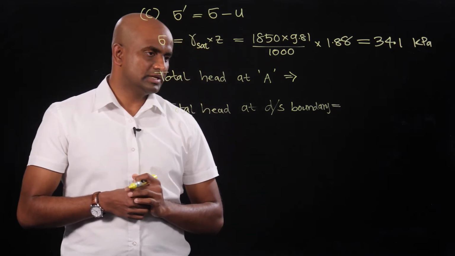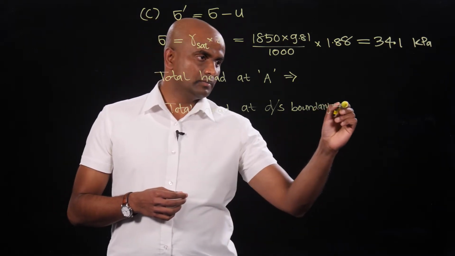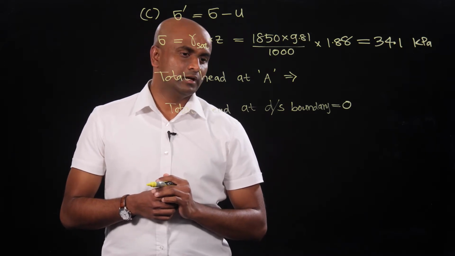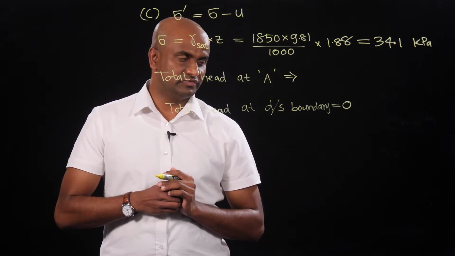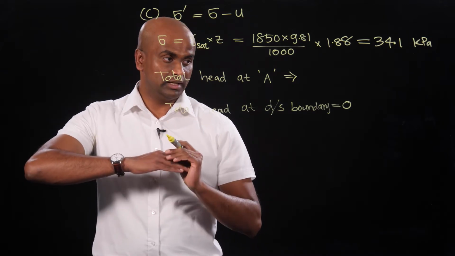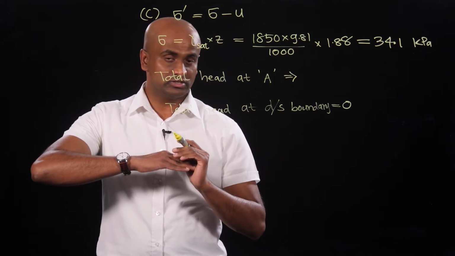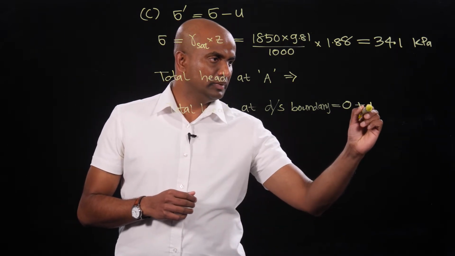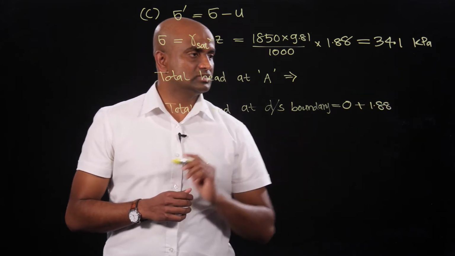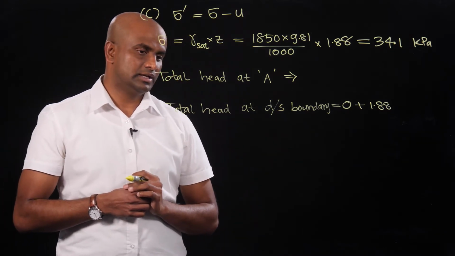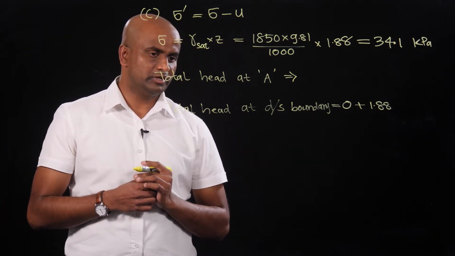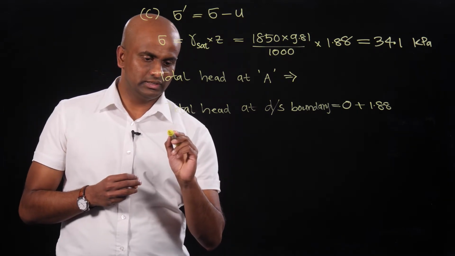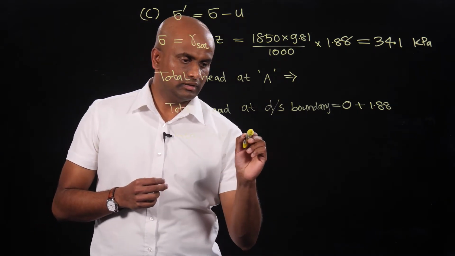The pressure head at the downstream boundary is 0 because there is no water above the downstream boundary level. However, there is an elevation head because we considered the datum level as the horizontal level that goes through point A, which is 1.88 meter below the downstream boundary. So that will be your total head at the downstream boundary. And now to calculate the total head at point A,